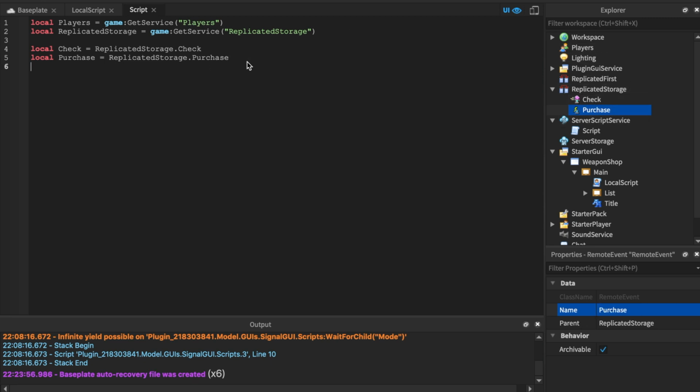So we're going to come down here and go purchase dot server event colon connect. After that connect, what you want to do is add a parenthesis, function, and add the parameter player. And once you get the player,